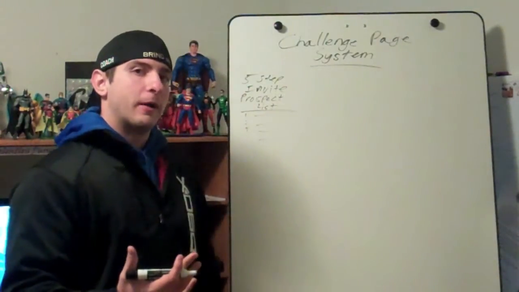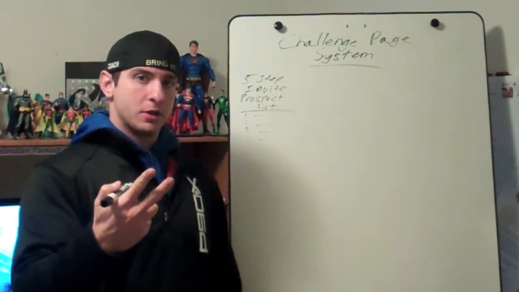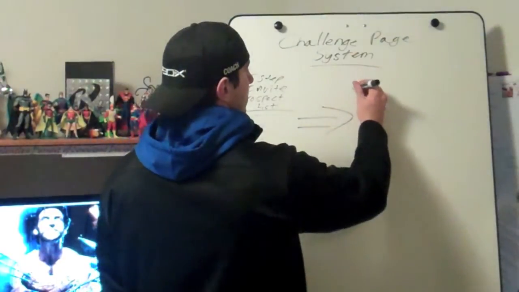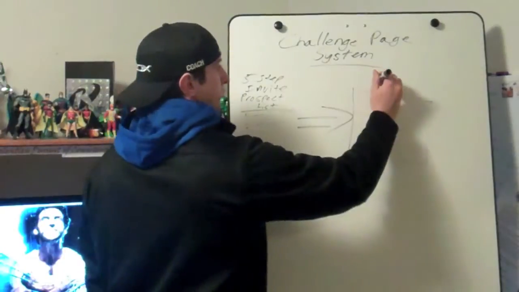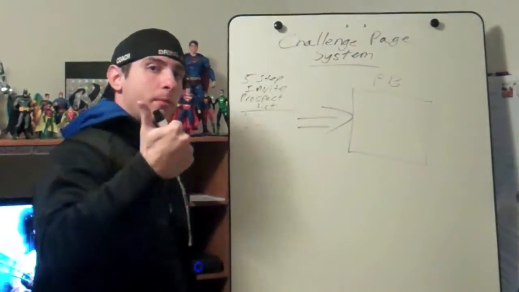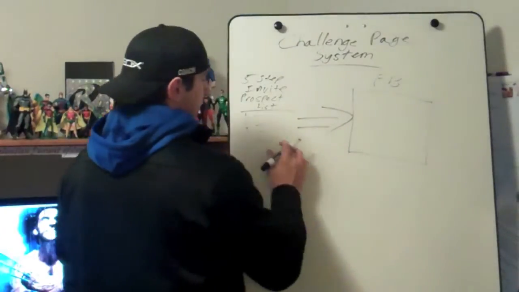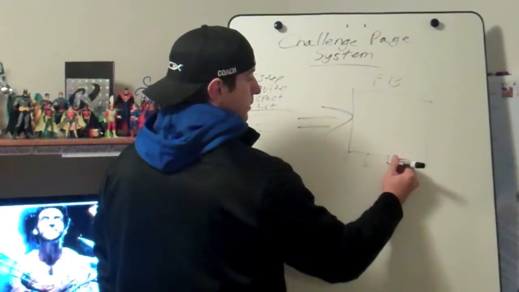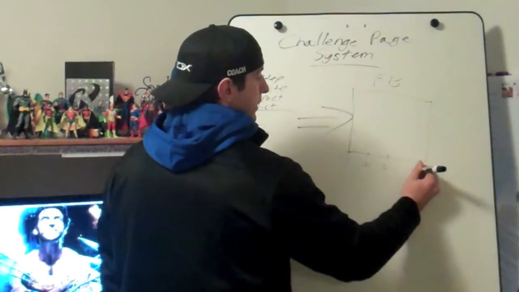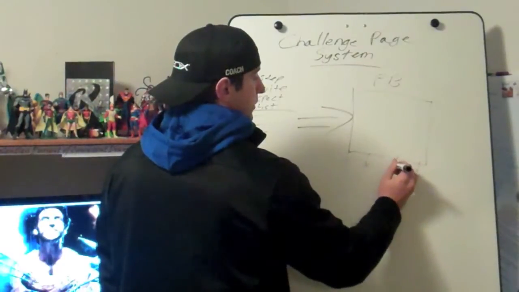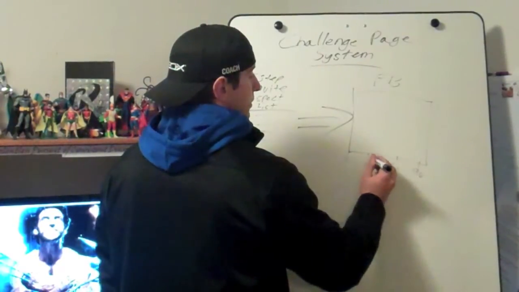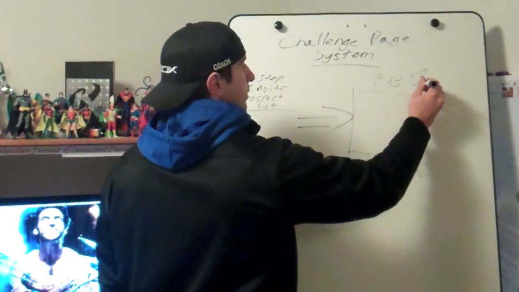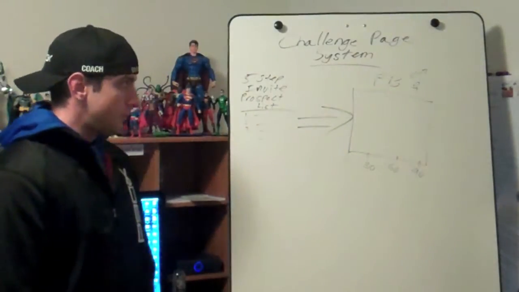Tommy and I were talking about this, and he has 2 challenge pages on Facebook. We're going to draw a big arrow over to your Facebook group page. He has 2, 1 for men and 1 for women. How he has it set up is that you'll have 5 people, and here's day 0, day 30, day 60, day 90. You enter through your Facebook page, and remember there's 1 for men and 1 for women.